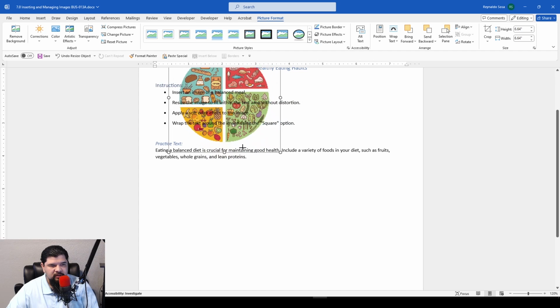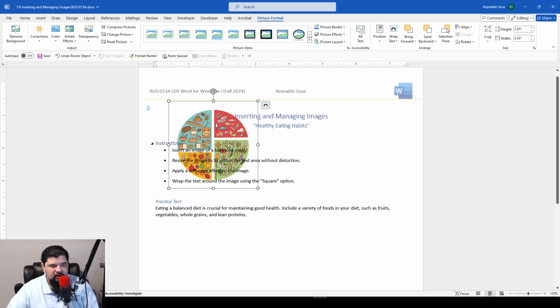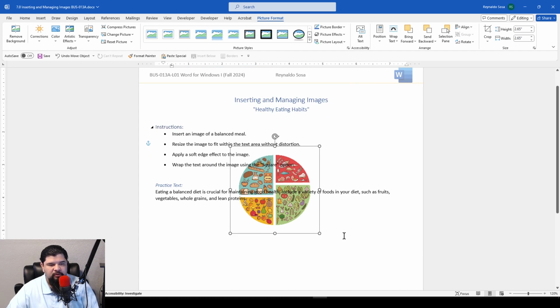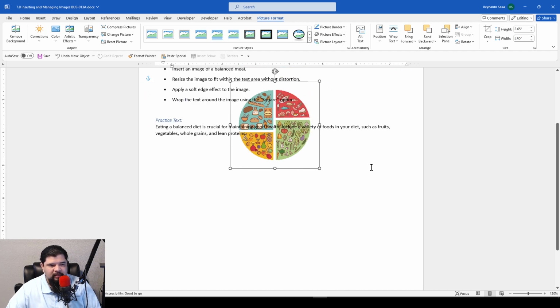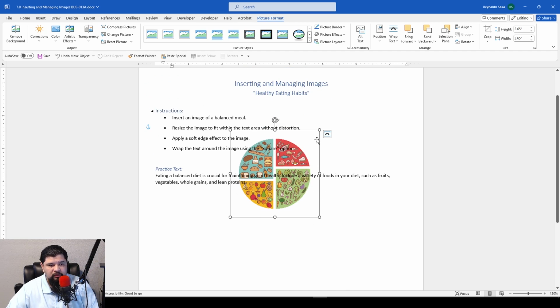So let's not distort the image. Let's keep the image sort of intact there. And I'm going to put it right in the center. You put it in the center too. Not directly in the center, but somewhere here. Then what we're going to do is